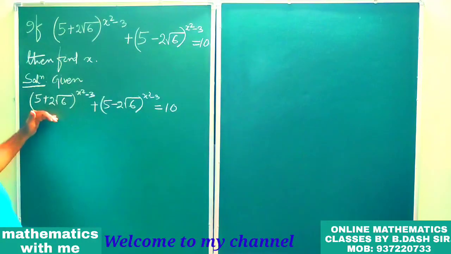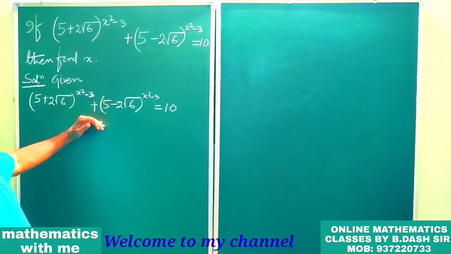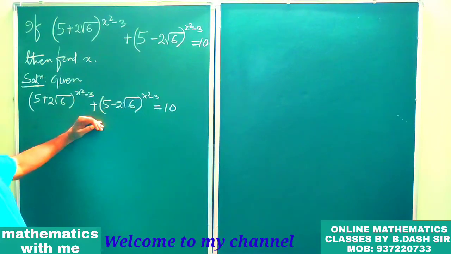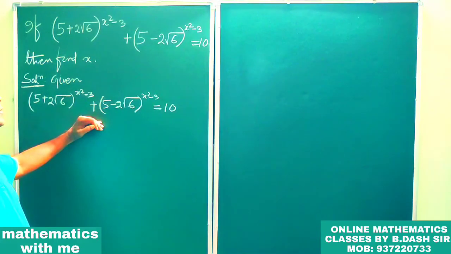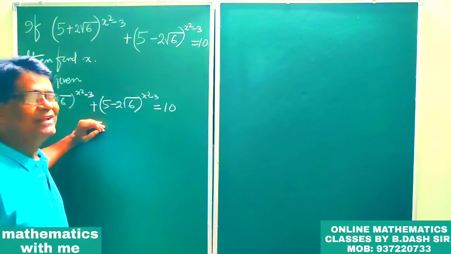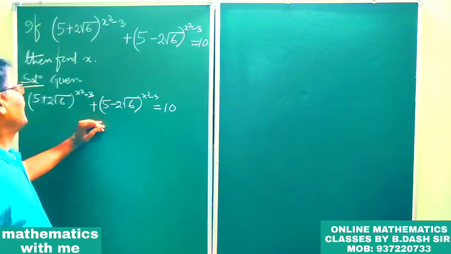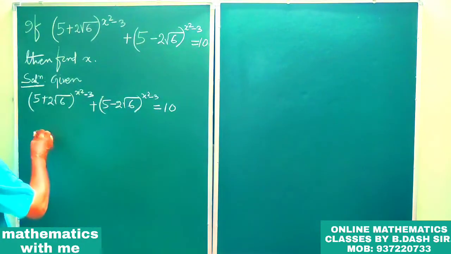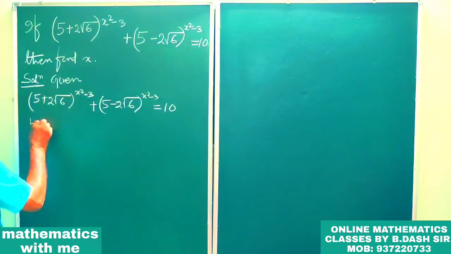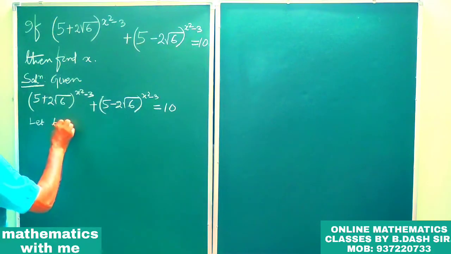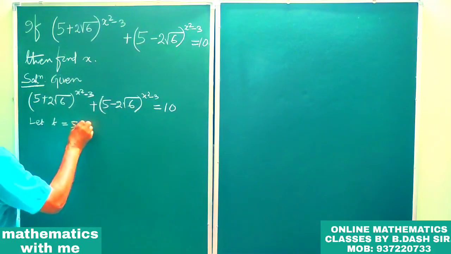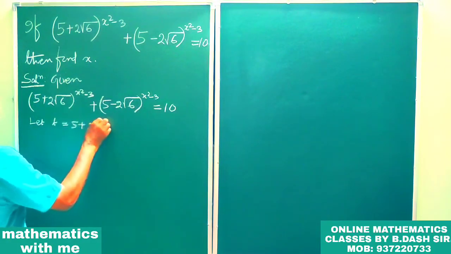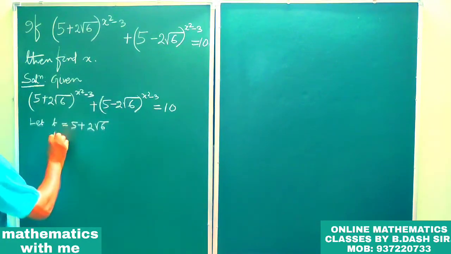The equation is (5 plus 2 root 6) whole to the power x square minus 3, plus (5 minus 2 root 6) whole to the power x square minus 3, is equal to 10. In order to solve this equation, let t is equal to 5 plus 2 root 6. Then